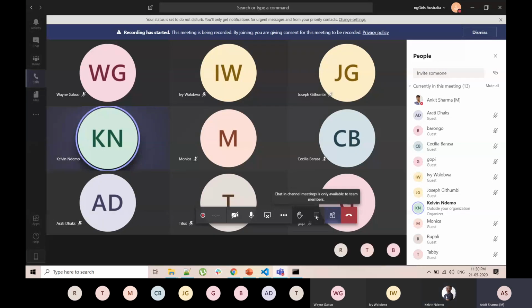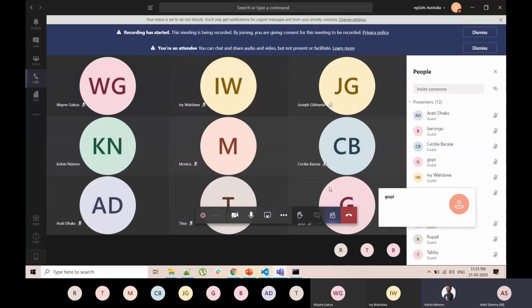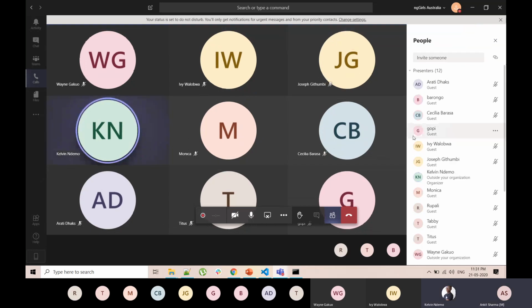I will paste in the chat so everyone can access this form and use it in real time and experience what we are going to build. I've done that. Still, I am seeing the same message. Maybe you can ping me a message, hello or something, and we can see if I get the message.